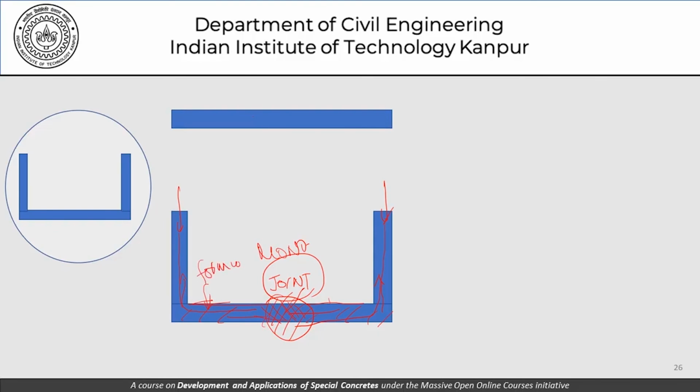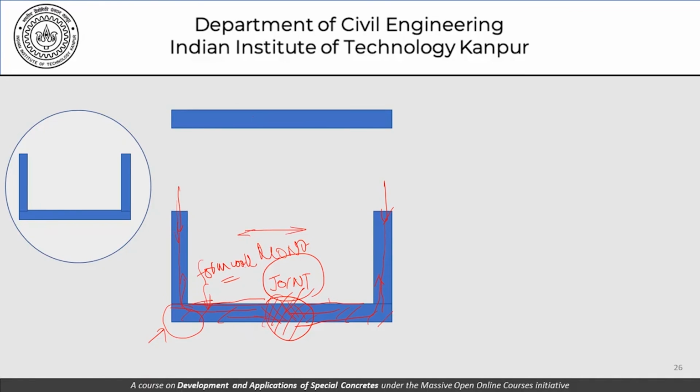So this is the other consideration, that while we are trying to introduce the concrete from the top, we have this issue that the concrete has to flow through a long distance through this bend here, and we need a formwork on the top. If we want to avoid this, and that will happen depending on what is the kind of actual width involved, what is the kind of distance that the concrete is expected to flow and so on,